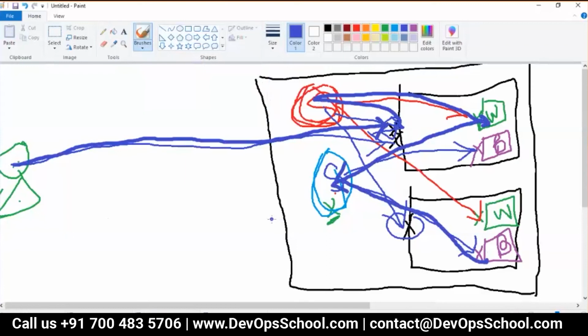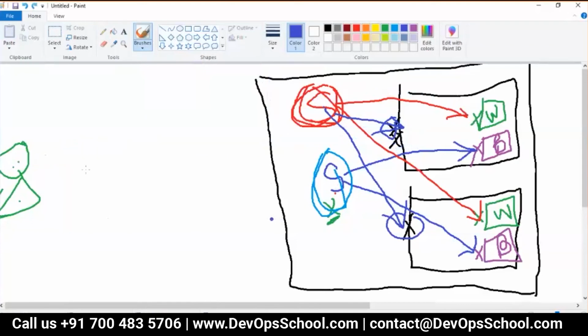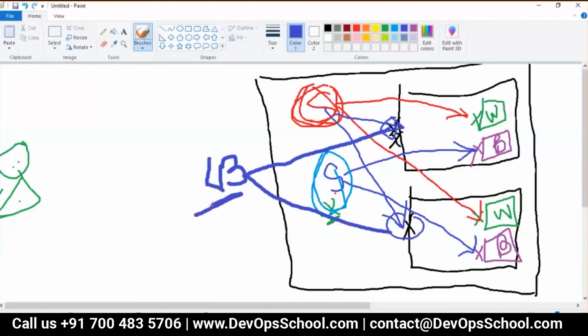So guys, did you understand so far? Yeah. But the problem in this flow is who will remember the multiple IP addresses of the services? So what needs to be done, guys?